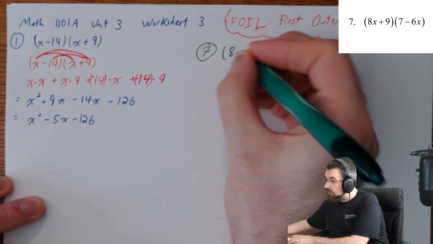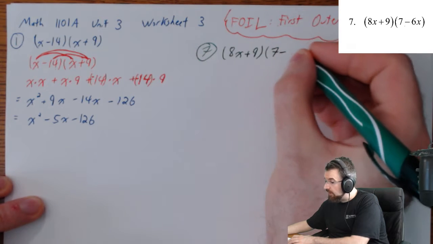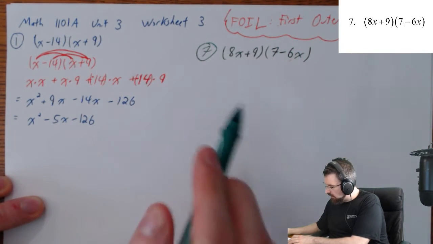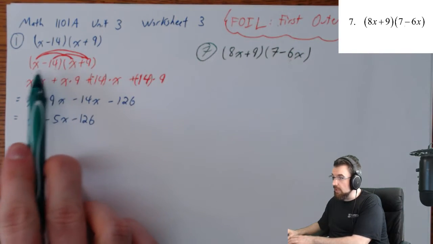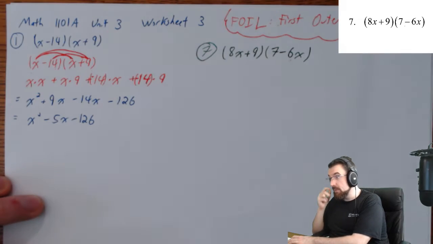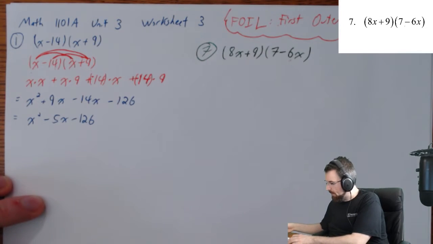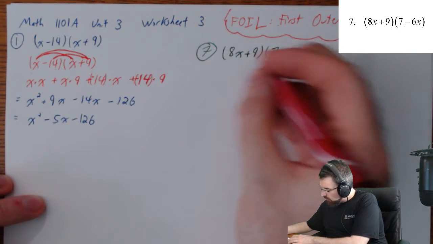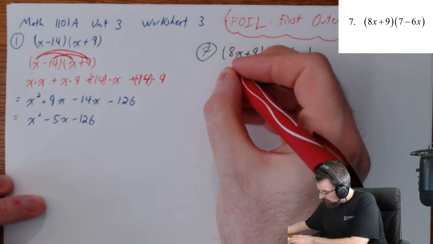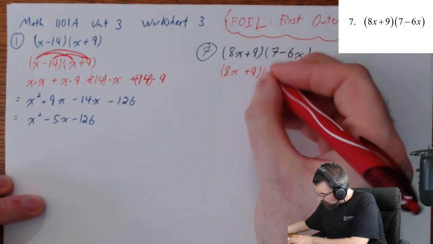We've got 8x plus 9 multiplied by 7 minus 6x. And look at that. Usually the x's will be in the first, but over here the x is in the second spot. Does that matter? Not at all. Not a tiny bit, not one iota. This again is to show you what it will look like with FOIL. And again, this is not something that you would necessarily need to write out, but I'm going to keep doing it here just to keep showing you